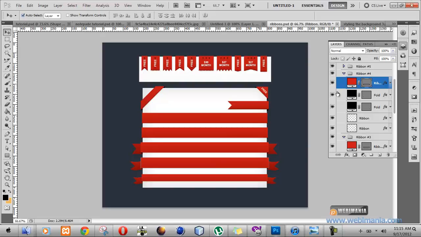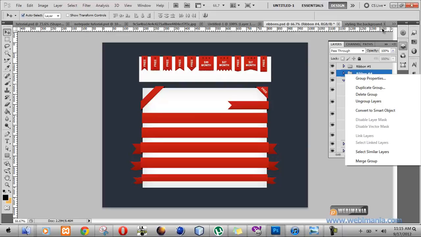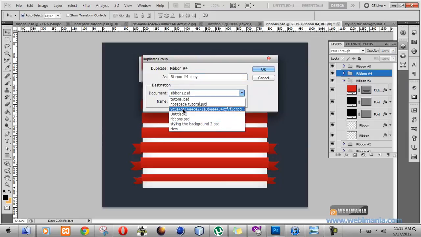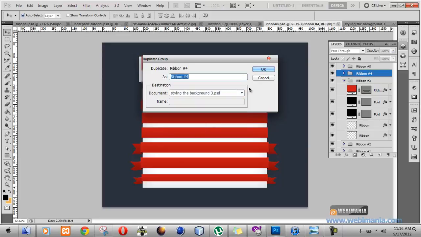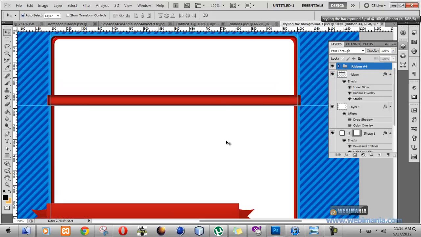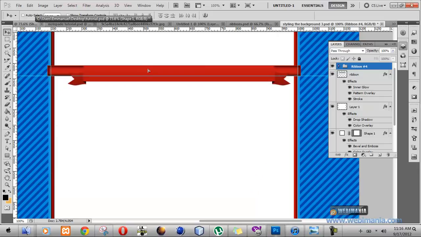So what we're going to do is select the whole group together. You're going to right click on it. When you right click on it, you're going to see a dialog box. Click on duplicate group. Then look down under the destination and specify which of the documents you have opened in Photoshop you want to send it to. Okay, so just locate the styling the background 3 file and click on OK. So when we go into the styling the background tab, we're going to see this there. You see this? We imported it over from the other document. So basically we're going to just move it in place,